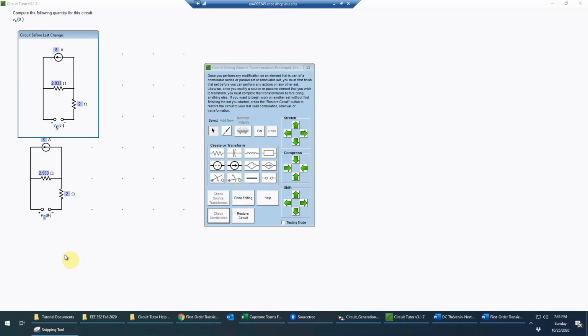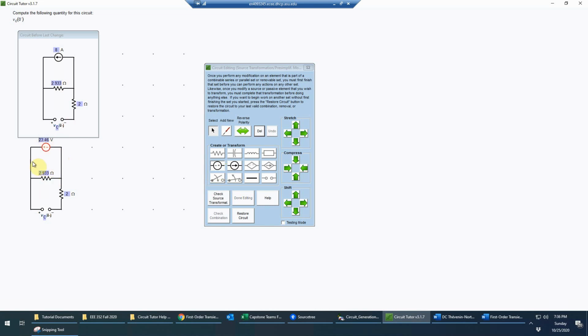Well, there probably is something. I could do a source transformation here if I wanted. I am allowed to do source transformations in this particular mode, and it's not really necessary here, but I guess we could do that. So let's just change that to a voltage source. So I'm going to click on a voltage source, and then I multiply the value that was 8 amps times this, since the open circuit voltage now is going to be, of course, the current times the resistance using Ohm's law. So the 8 amps times the 2.933, that's going to give me